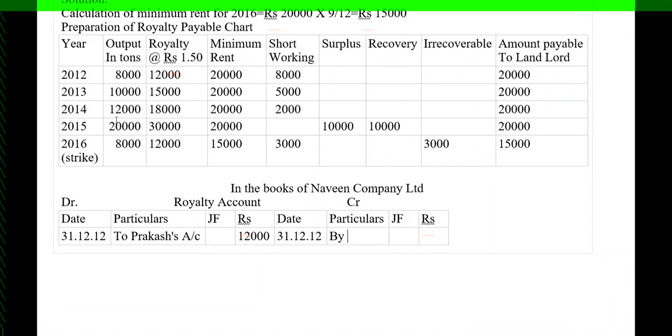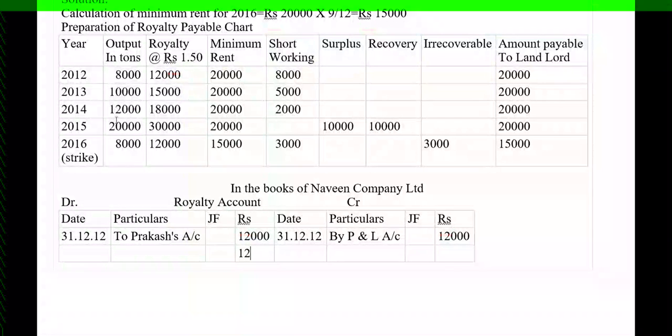profit and loss account, then the entry will be profit and loss account debit to royalty account. So royalty account is credited by P&L account. So that is 12,000 here. So now let me do the totaling here, 12,000. So here also 12,000. So second year, that is on 31st